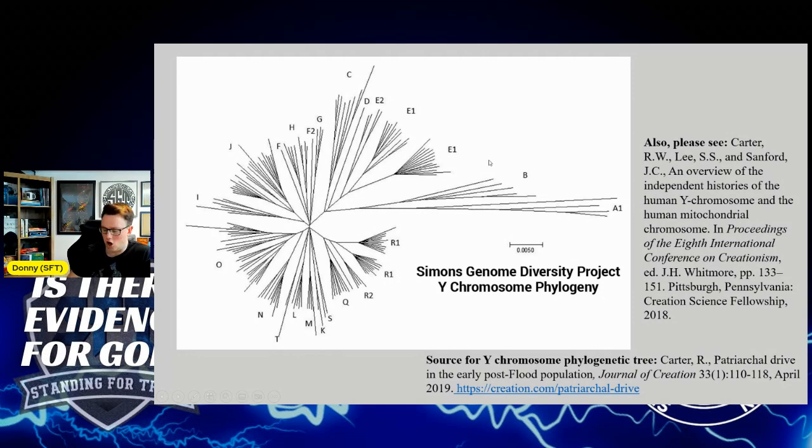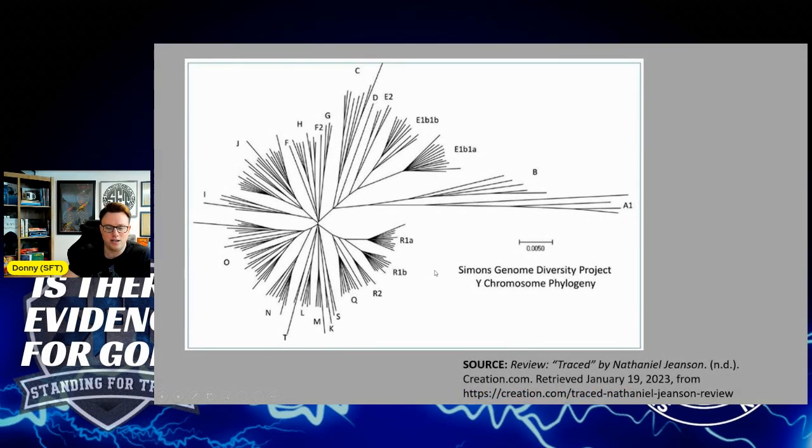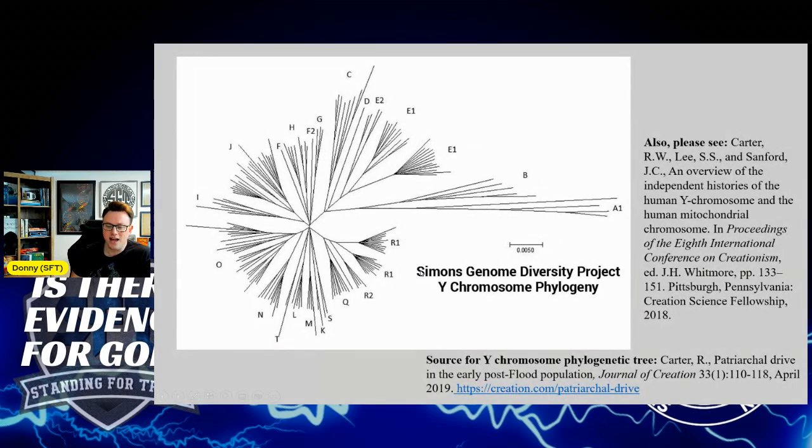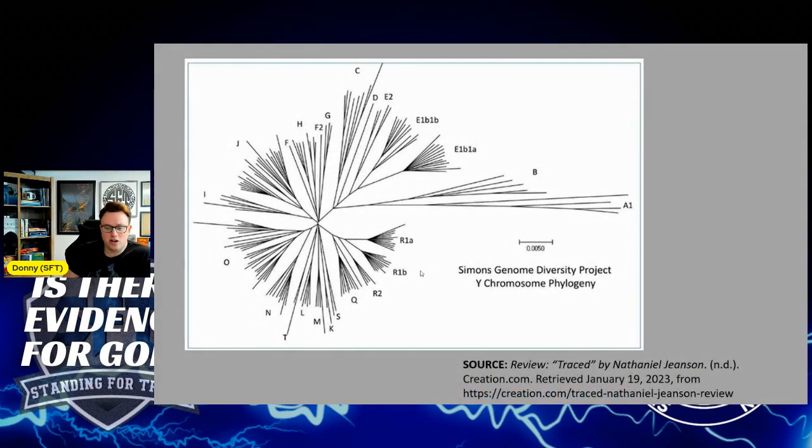For example, look at the R1b, and this is where I've got this one because it's a little bit more detailed. You can find this tree from these specific papers, and you can also find this tree, which is a little bit more detailed, from this specific article. If you actually look at the R1b on this tree, this group is actually 80% of Western European men. Most European men carry this group, R1b.